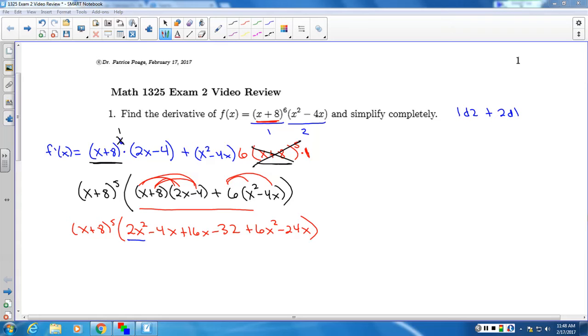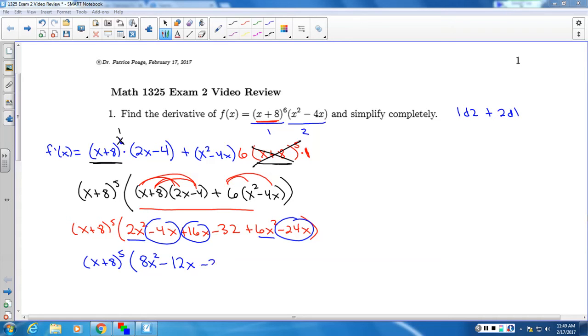I can combine my x squared terms. So I'm going to have x plus 8 to the 5th. 2x squared plus 6x squared is 8x squared. Then I have an x term there, there, and there. And so I can add those together, and I get minus 12x,